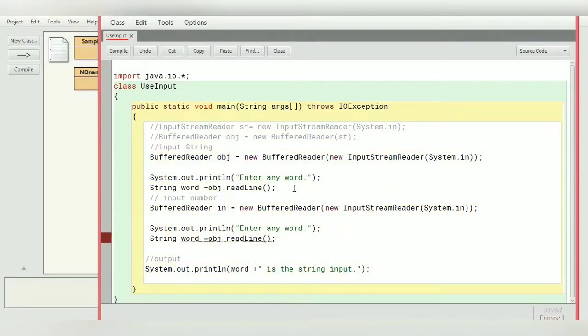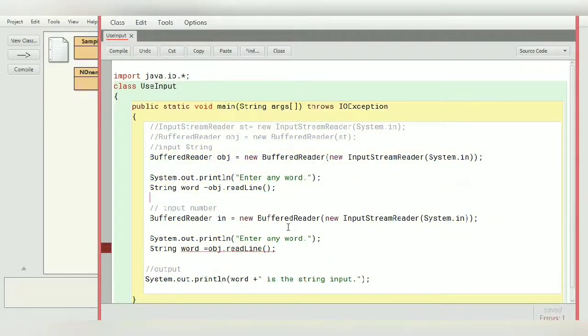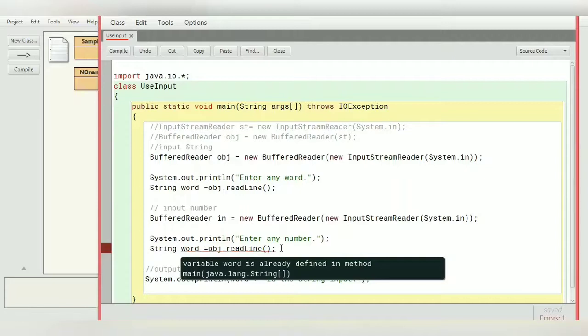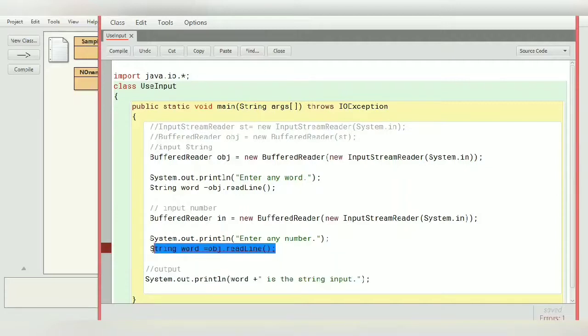Okay, here we have created the in object. Enter any number, and it will be an integer, say number itself,